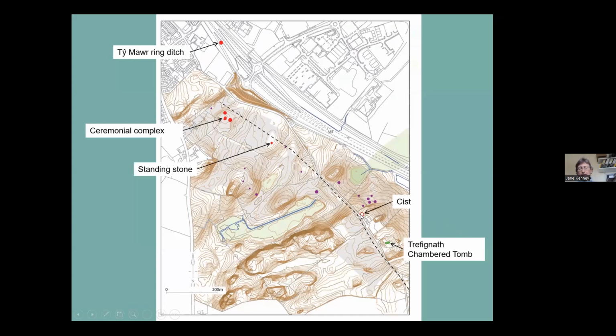There's an early 19th century reference to possibly another Kiss grave in this area near the Trevignath tomb. And the tomb itself would also have been very noticeable still in the landscape. So you almost seem to have a ceremonial landscape here on this ridge where you're looking out over the coastal plain. And the Valley Mire that I mentioned here would partly block the route. There was actually an inlet from the sea coming the other way. So there's a very narrow gap here. And I do wonder whether there was actually a Bronze Age routeway up here that the ceremonial monuments are distributed along. But it wasn't just a ceremonial landscape,